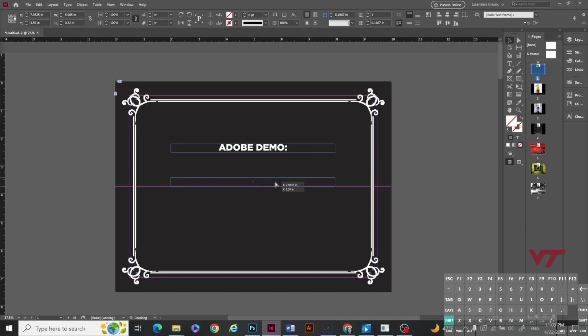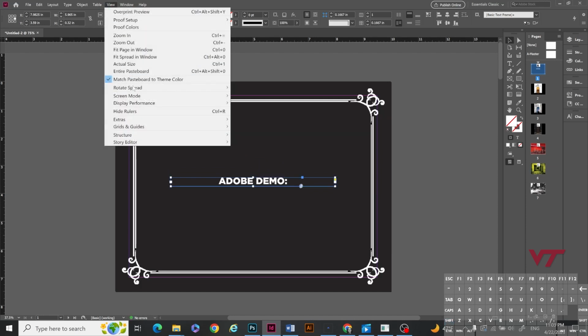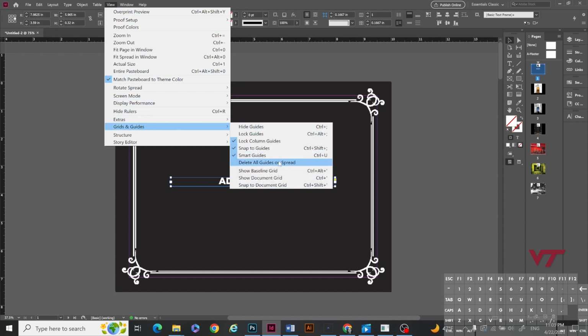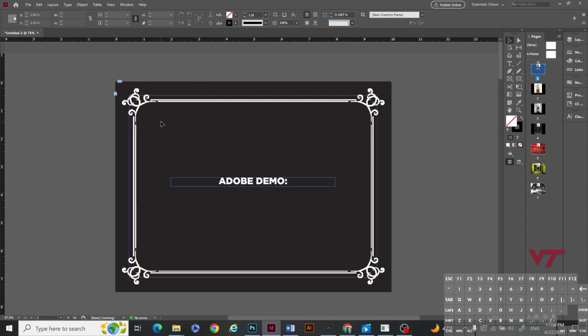And these helpful lines are showing up because in View here, Grids and Guides, I have Smart Guides activated. So these are very helpful cues while you're working to help you get everything lined up exactly right. And they do much more than just show you the center, as you can discover for yourself. And Snap to Guides is activated when you have guides already existing, like this